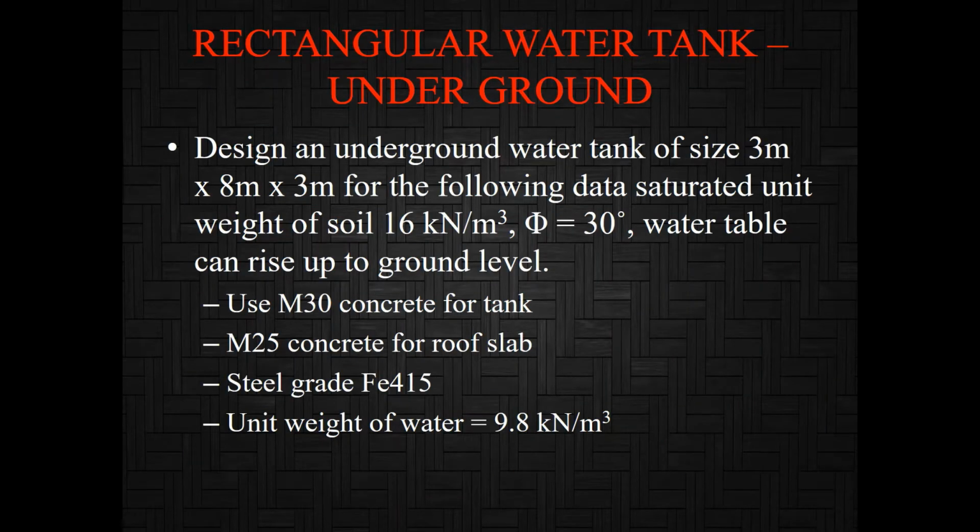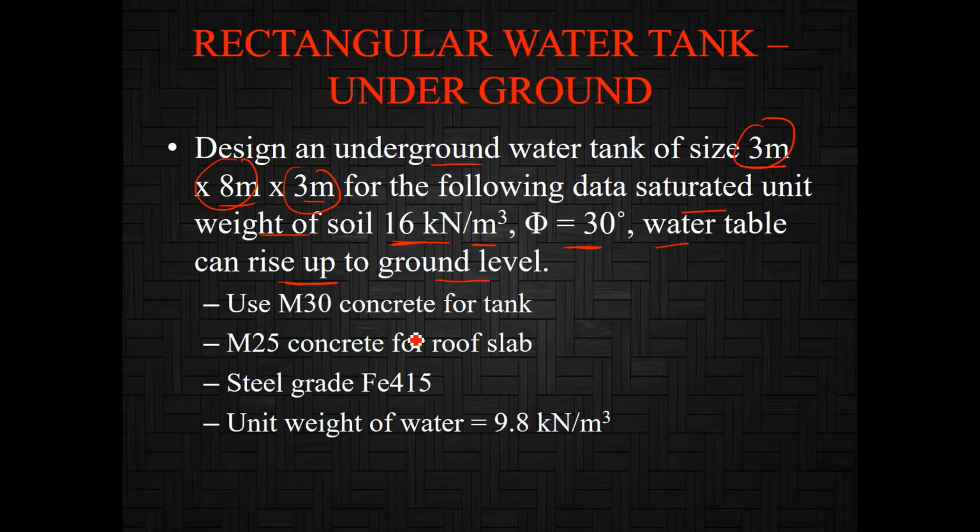Design an underground water tank of size 3 meter by 8 meter by 3 meter. Size is given: 3 meter is width, 8 meter is length, and 3 meter is height. Of the following data: saturated unit weight of soil 16 kilonewton per meter cube, phi is equal to 30 degree. The water table can be raised up to ground level, which means the soil is saturated, and use M30 grade of concrete